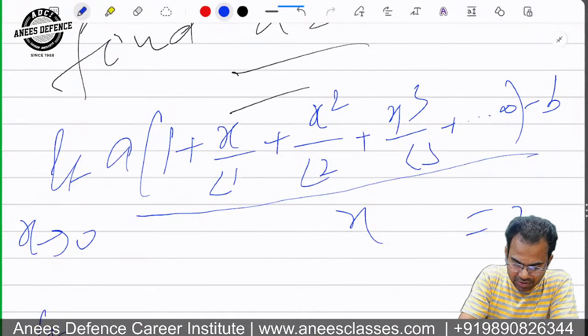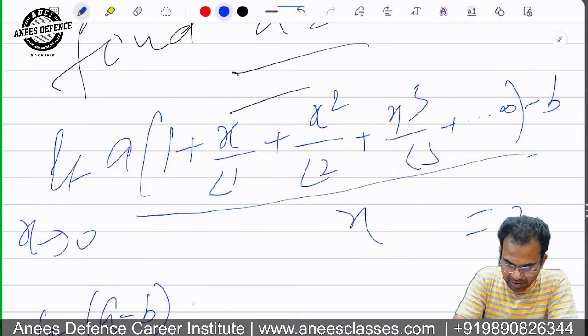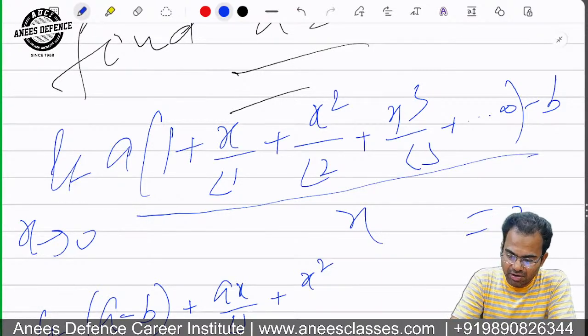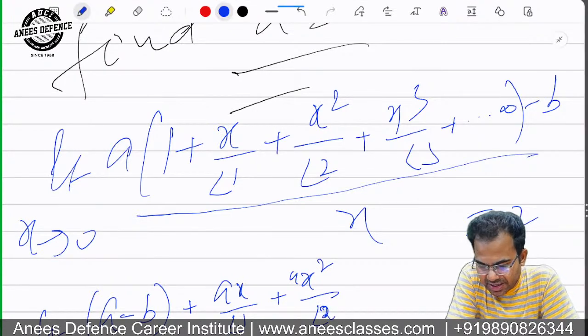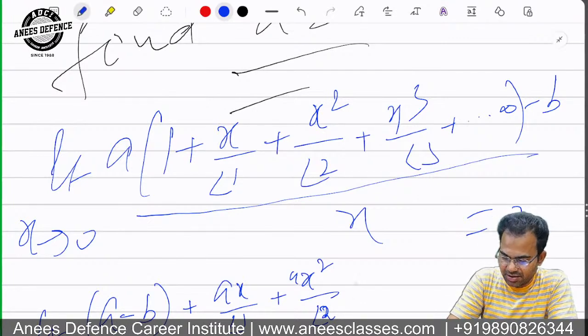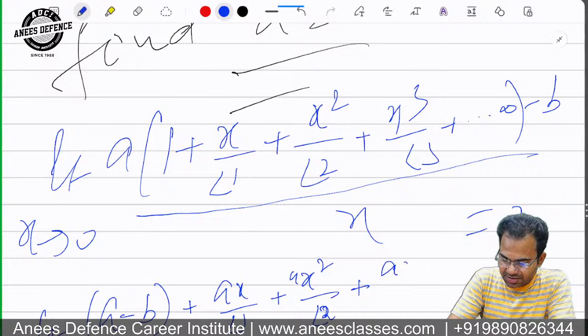So limit x tends to 0. I will collect constants together. So a minus b and ax upon factorial 1, x square. By L'Hopital law, you will only find a, not b. Ax square upon factorial 2. After finding a, you can say that if a equal to b, then we will get two answers, okay? Yes, correct. But if you find in one pinch, you will put the series